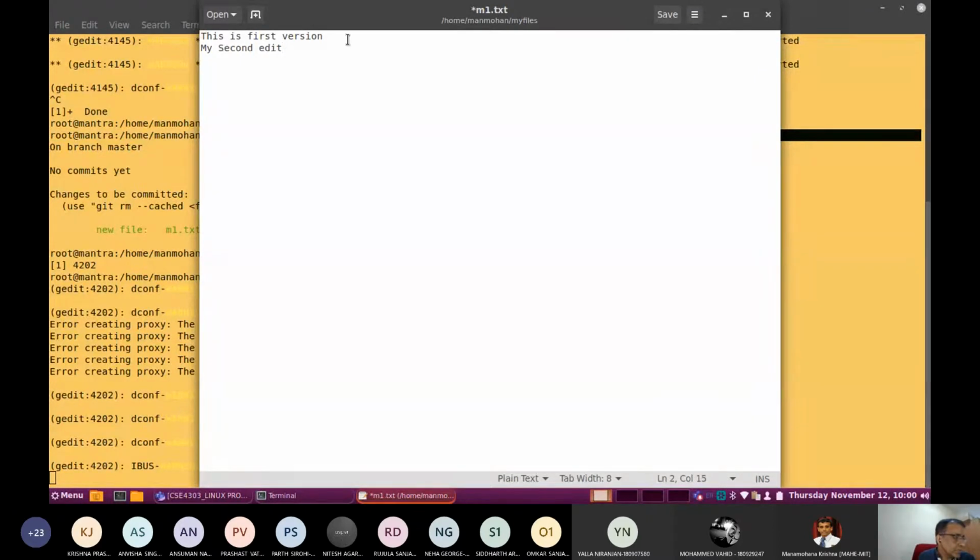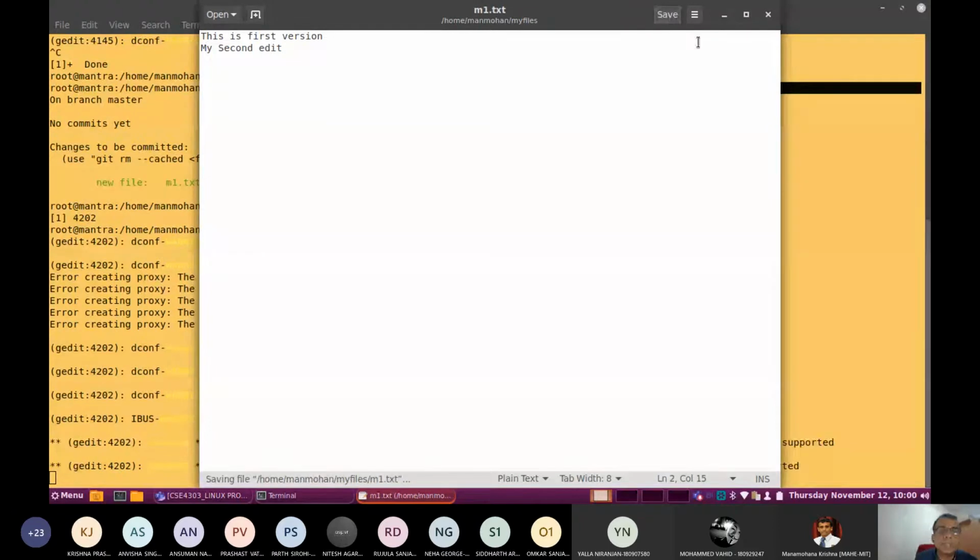Once you change this content, save it. Now look at the content here. Initially, this is first version, then my second edit. Then save the file and close it.